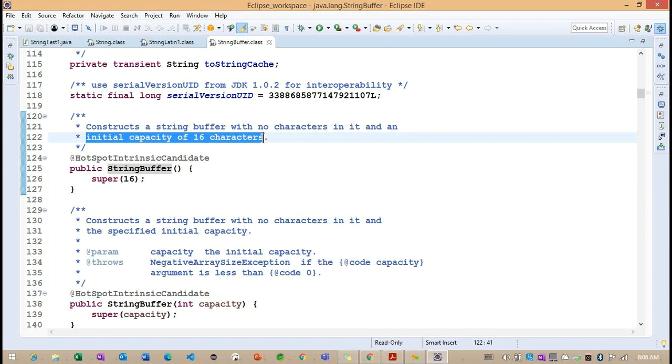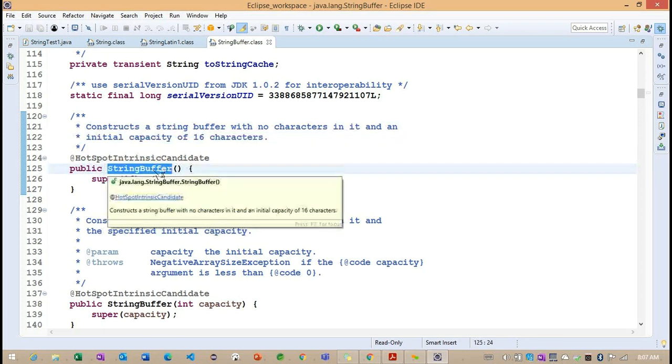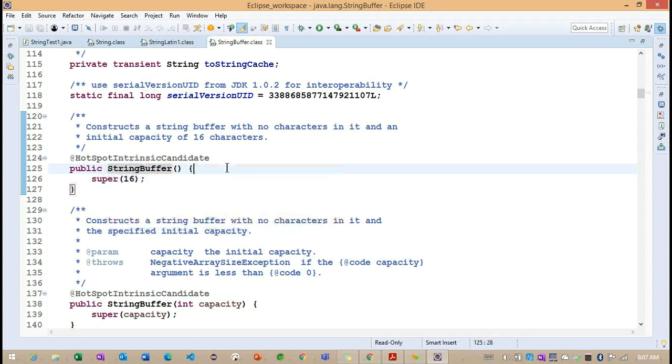Getting the point? This is very important, we need to understand here. If the 16 characters are reached, what happens internally? Say I use the default constructor and I provide more than 16 characters.